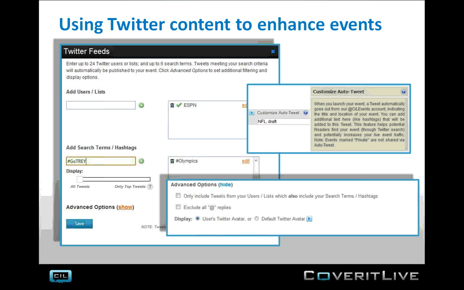And the top tweets is something that we calculate with an algorithm that determines which tweets are the most impactful and have the highest quality based on who they're coming from, how many followers those users have, how many retweets, etc. And then there are some advanced options around that that are really, really important, including the ability to include only